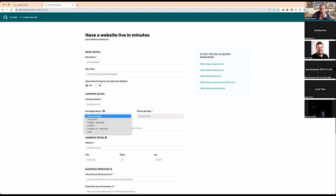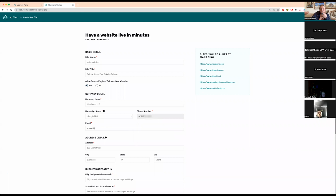And then you want to choose the phone number that you want to show on your website. Based on that, the leads will be created based on that specific campaign. So if you have a separate phone number for website, make sure you select that. I'm going to go ahead and select Google PPC. So you'll have that phone number already populated, and this is the email address that's going to show up as the contact information. So I'm going to do Sharad at REsimpli, and the address detail for contact information,